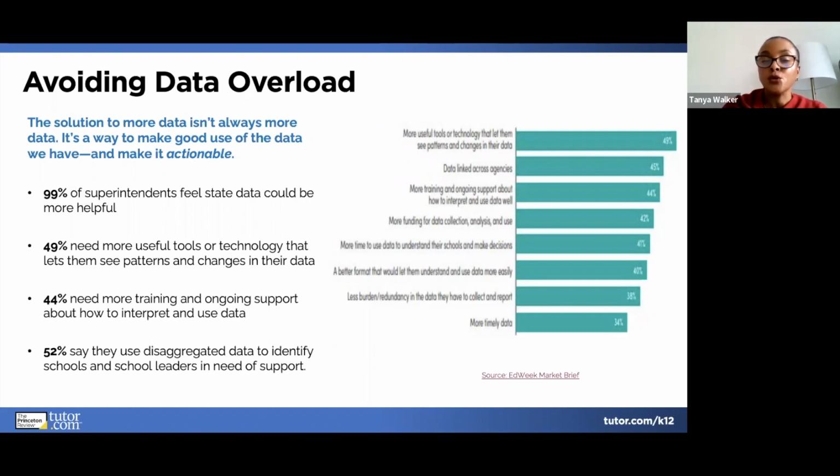And it's so true that tools are needed for long-term investments, tools to see patterns and changes. Superintendents want this data, but they want it to dig down a little deeper, because some of the ways they will actually use the data is for course offerings. How do I know which courses I need to offer if I'm not able to get the data from my different sources? Another use is curriculum alignment to post-secondary and workforce opportunities. Another way that our districts want to use the data, but it's overload. Lastly, conversations with principals and their school leaders,